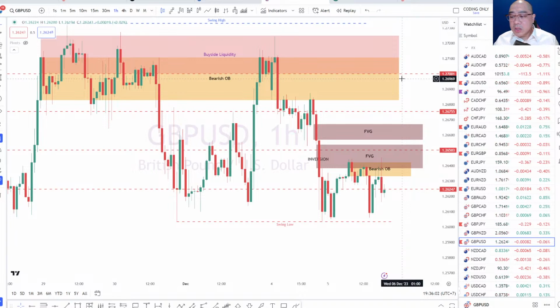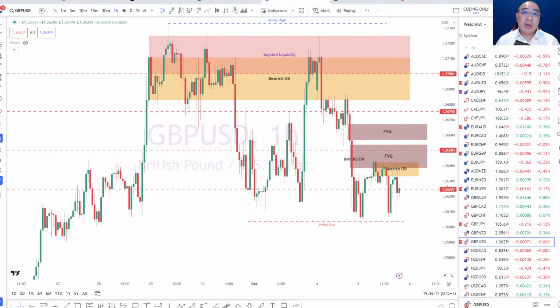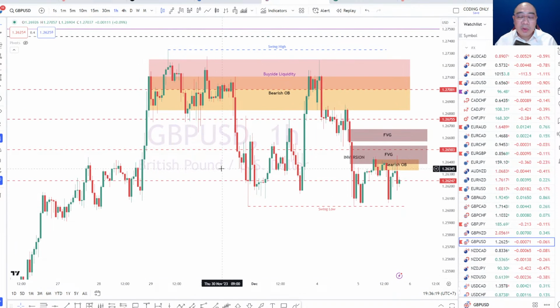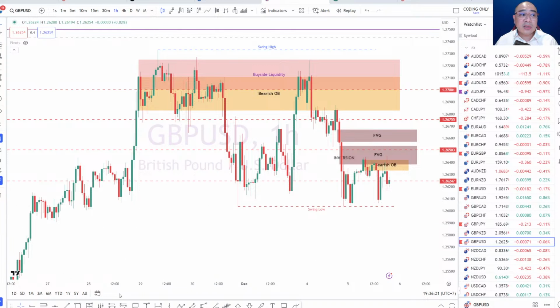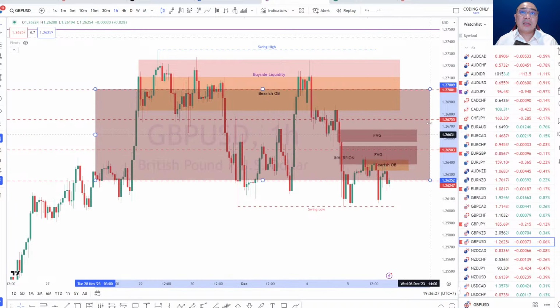Now, I'll be frank, and I'll open it up to you. 1 cent means nothing. 100 pips means nothing to the institutionals. What the institutionals look at, while we're here looking at the small things, is 1.26 to 1.27, that whole block there as a potential place where they might be accumulating their positions.